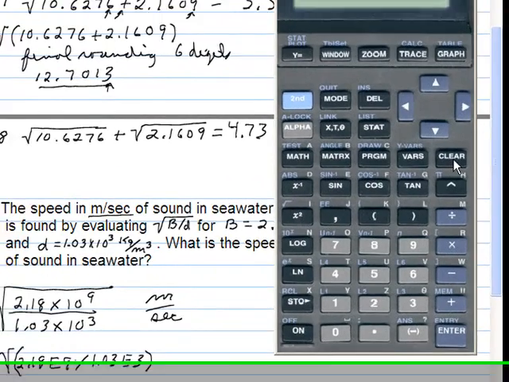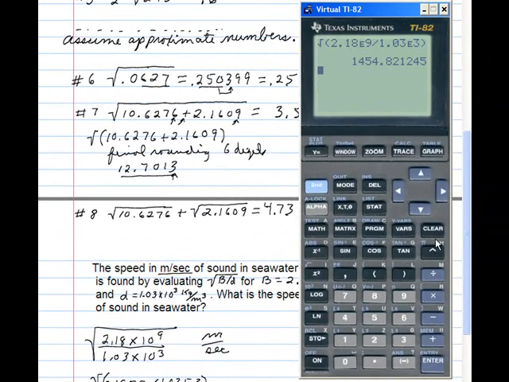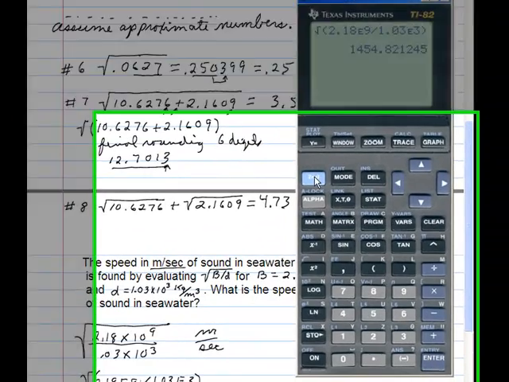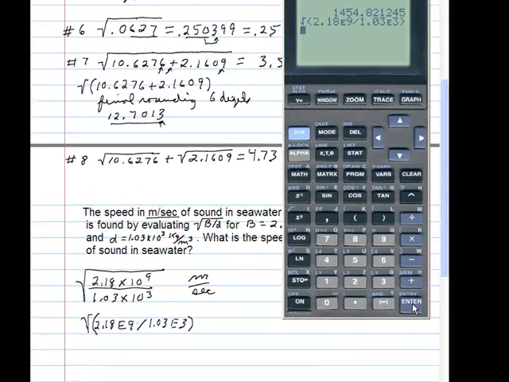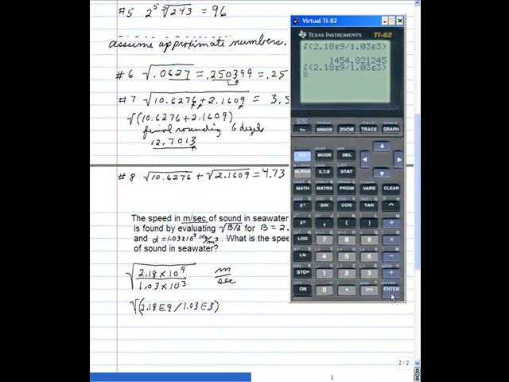Then when you returned with the clear button and you execute that computation again, you just want to recopy the problem. So you'd go second enter. That would recopy the problem. And now you're in scientific notation, so your answer should come out in E notation. Hit enter, and you get the answer